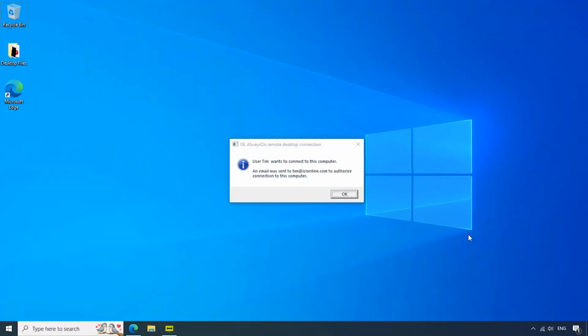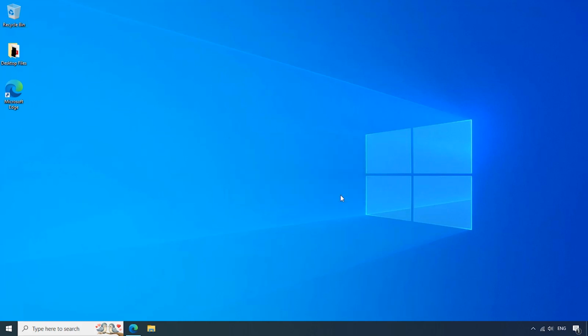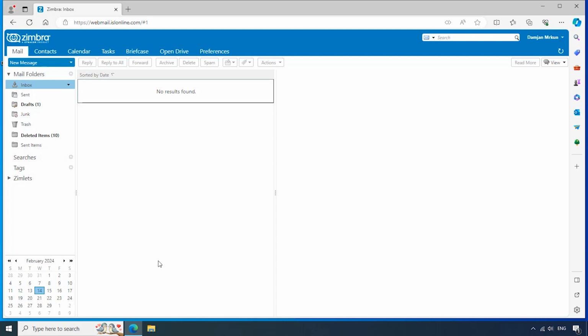Meanwhile, the client side will also get a notification displaying which operator would like to connect to the machine in question, along with the email address used to authorize the connection. The email authorization can either be used in scenarios where a specific team member is responsible for allowing remote access sessions, or instead of local consent if the client is away from the machine.